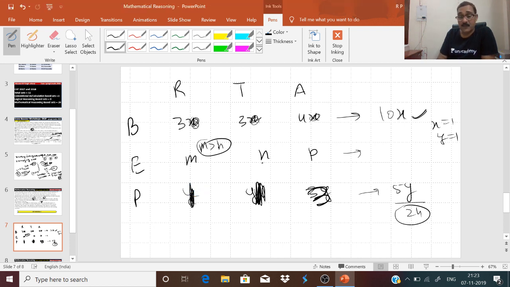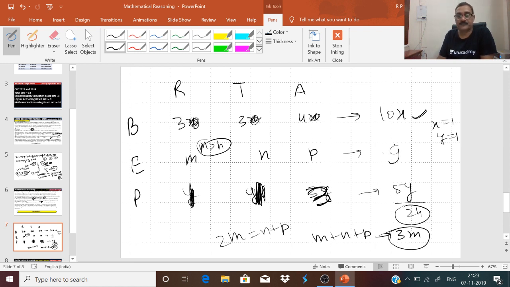Right? Now, because m is (n plus p) by 2 and it is 10, it is 5. Right? So if I add them, 2m is n plus p, and the sum of all the three, m plus n plus p, will be 3m. Right guys? N plus p we can write as 2m and then m. So this number should be a multiple of 3, and because 10 and 5 is 15, total 24, to make it 24 it should be 9 only. If it is 9, so the only possibility is